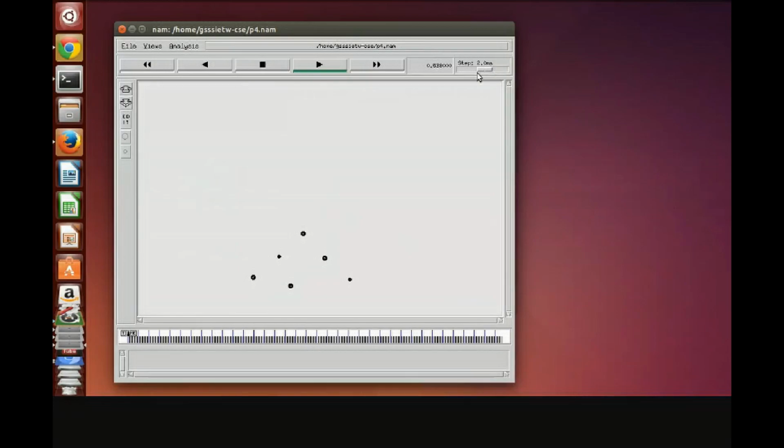You can check the animation. See, the nodes are moving as well, and then you can see the packets. Okay, just observe the behavior here.